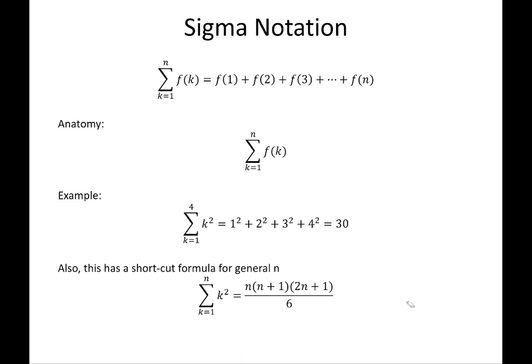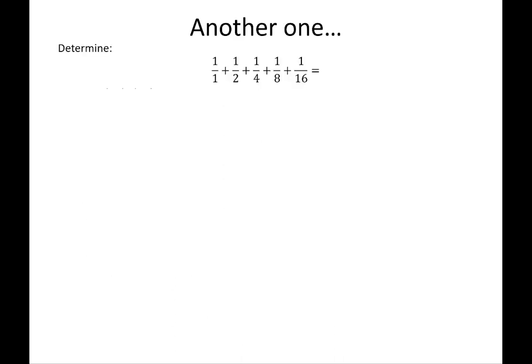There's tons of these formulas. There's tons of different summation shortcuts because summations are actually important. So here's another one, a sum of fractions. And you would know how to do this if you had to. 1 over 1 plus 1 over 2 plus 1 over 4 plus 1 over 8 plus 1 over 16. You'd have to make common denominators. So 16 over 16 plus, it's yucky because it's fractions, but it's not impossible. Even though it's possible to do it, I don't really want to do it. Imagine if there were more terms, like 1 over 32, 1 over 64, 1 over 128. It gets worse and worse. And rather than add that up,